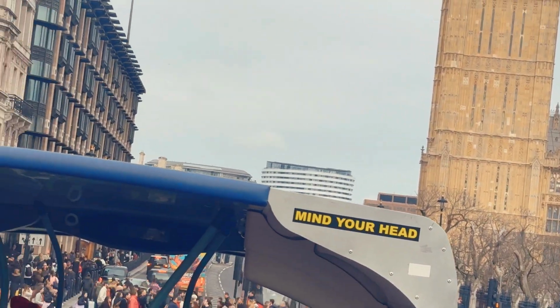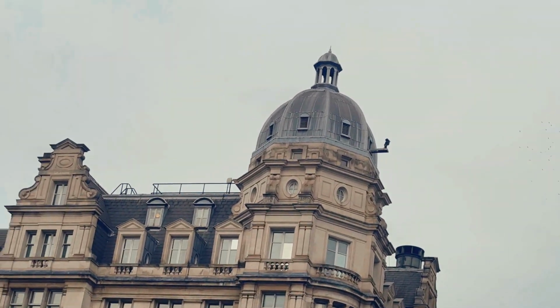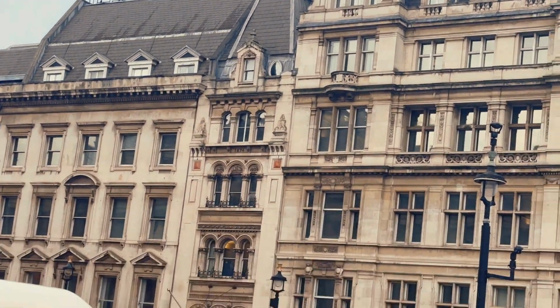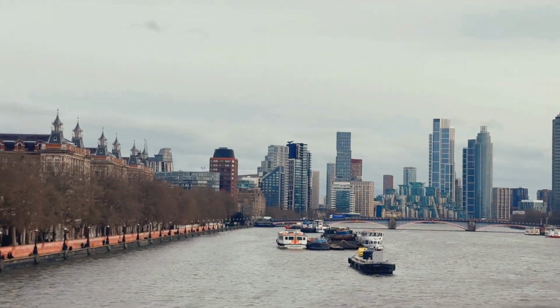As of very recently, you can actually go up inside Big Ben. I've never been able to do that before, but now you can, which is very exciting. I've never done it before. I need to do it. I need to go up inside and see what it's all about. I encourage you to do so. South Bank is fantastic. It's a modern,